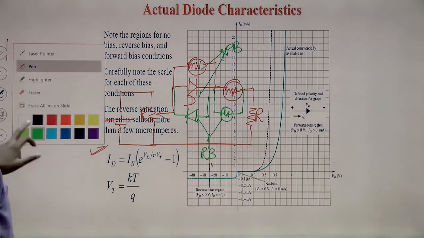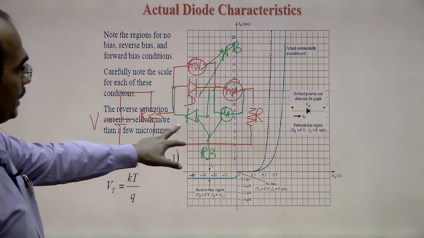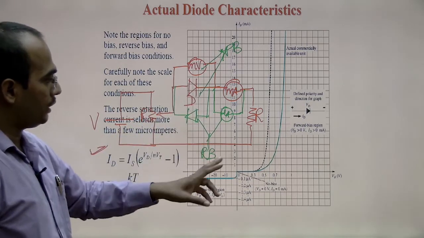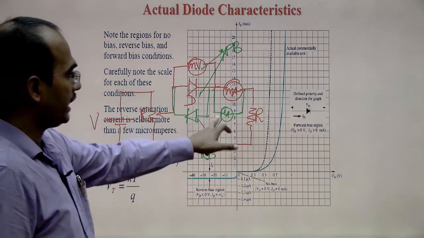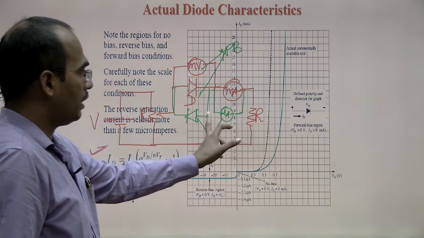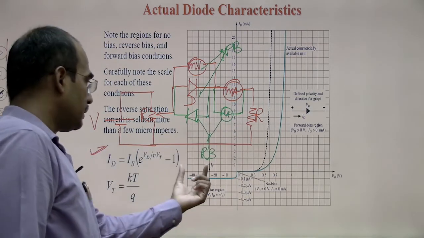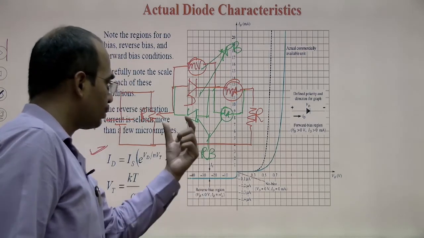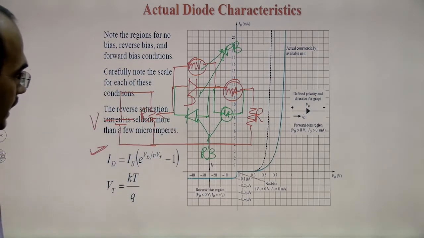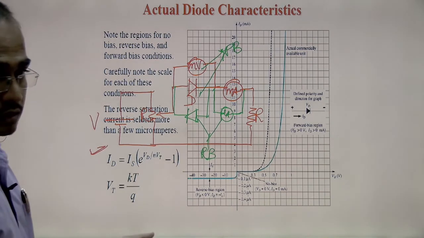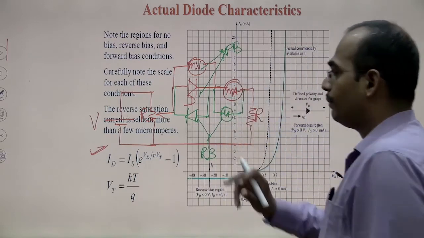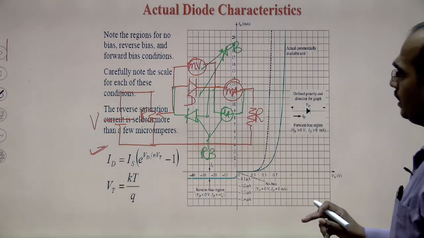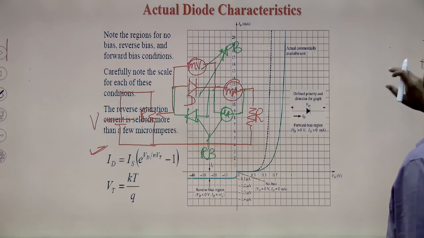So, in this way we can measure the voltage and current flowing through the diode, and you will get the graph of this VI characteristic like this. Why have I used a meter of microampere capacity here? Because in the reverse bias condition, the current flowing through the diode is due to minority charge carriers, and the current is of the order of microampere or nanoampere. Therefore, we have used a meter of microampere capacity.